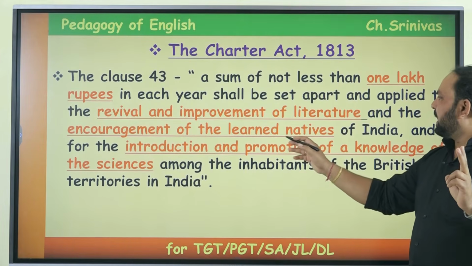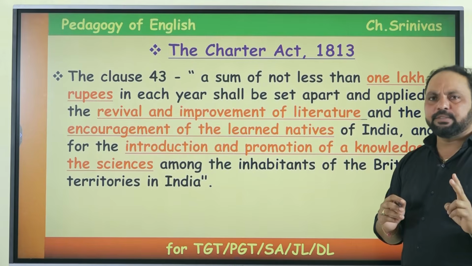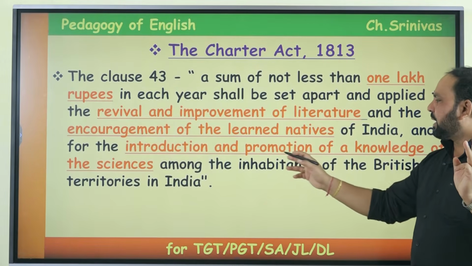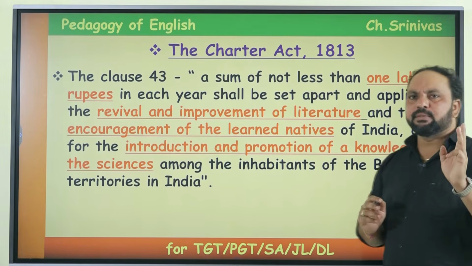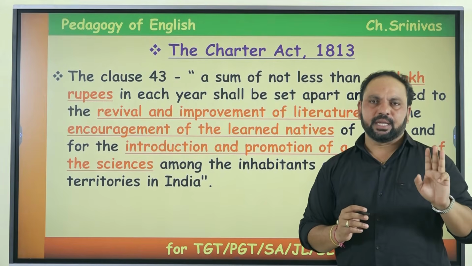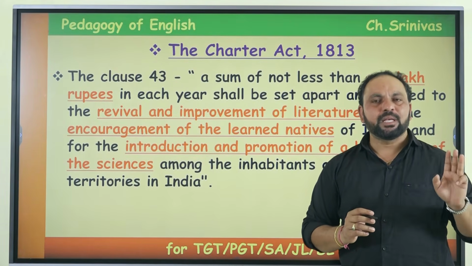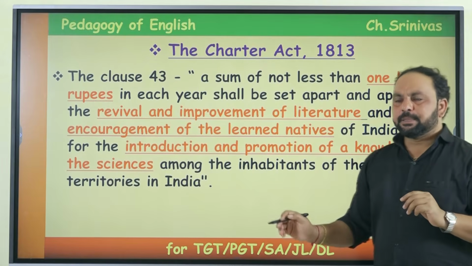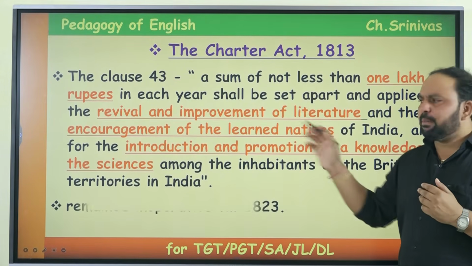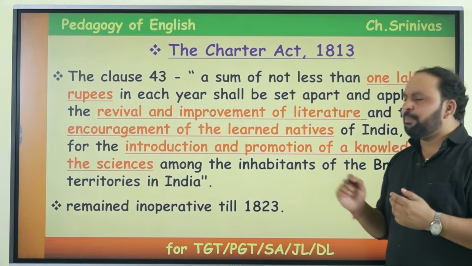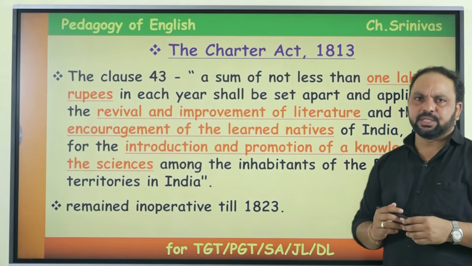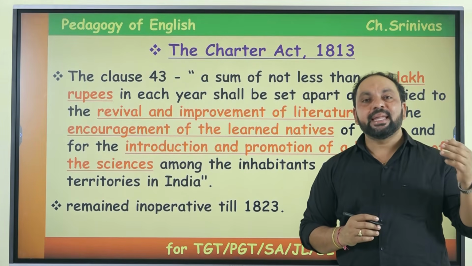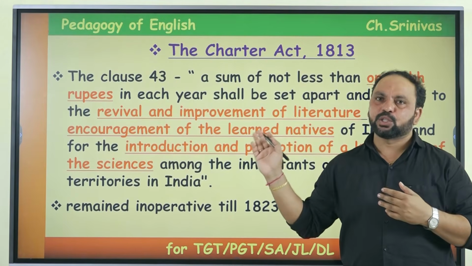Second one, the encouragement of the learned natives. And third one is introduction and promotion of knowledge of the sciences. These were the three things. They wanted to spend the 1 lakh rupees on these three things. But this charter, this recommendation remained inoperative till 1823 because there were many controversies on this allocation of 1 lakh